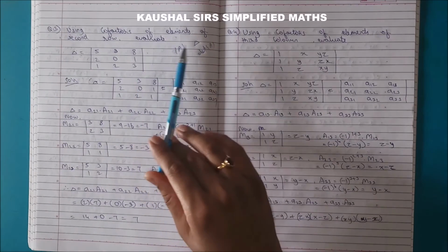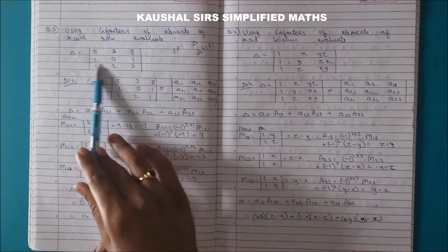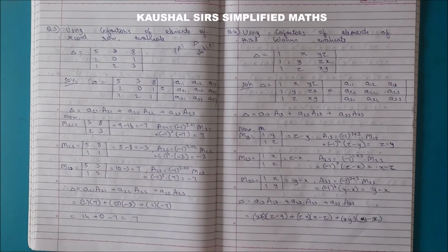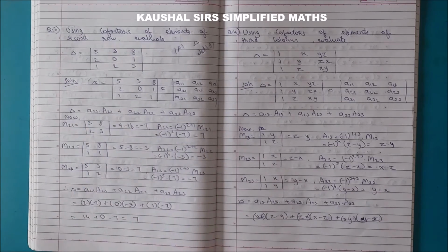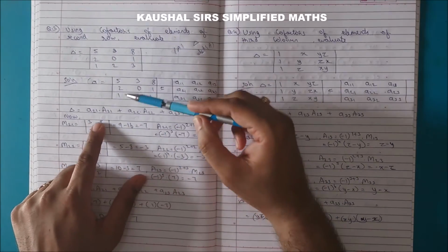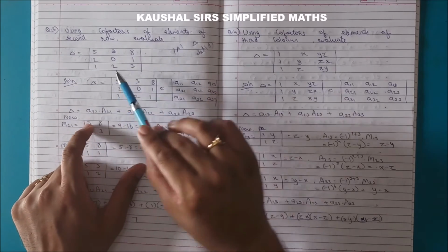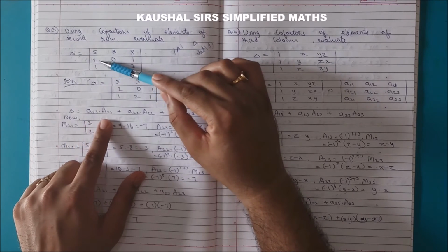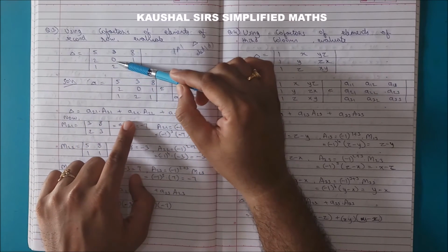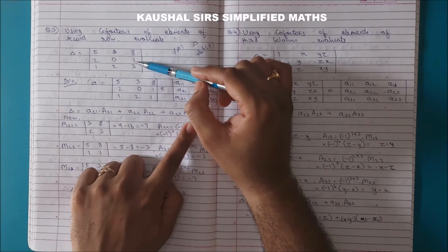Okay, so using cofactors of elements of the second row means what? You have to expand the determinant along the second row. But we will not do the plain expansion; we will use the concept of cofactors to find the value of the determinant. Okay, it is one and the same thing, but we are just going to take the help of cofactors. So if you are expanding along the second row, what we do is a21 into cofactor of a21 plus a22 into cofactor of a22 plus a23 into cofactor of a23.